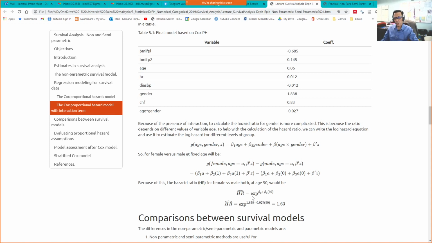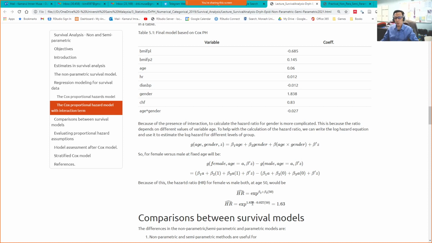So we exponentiate beta 2, because beta 1a will cancel out. So we got beta 2 1 plus beta 3, and we replace 1 times 50, so beta 3 50,